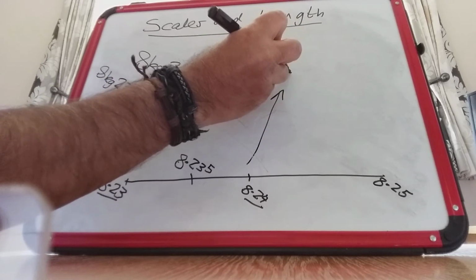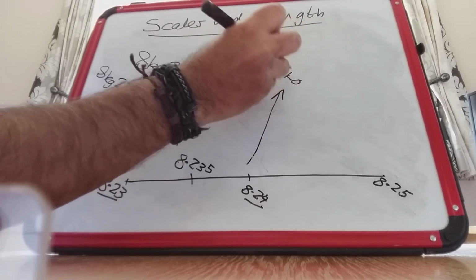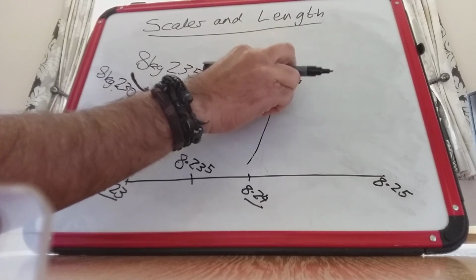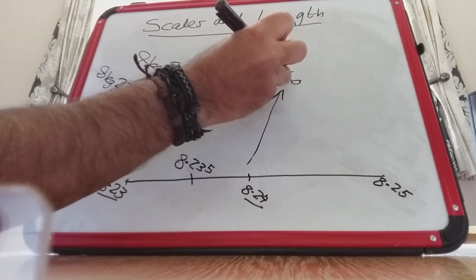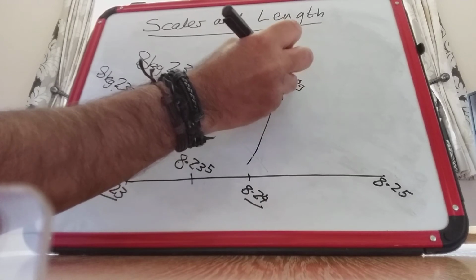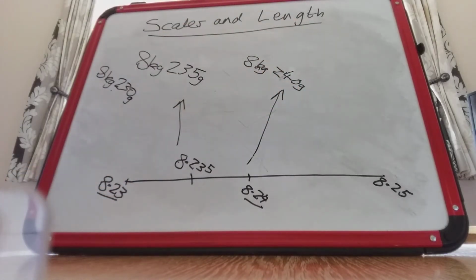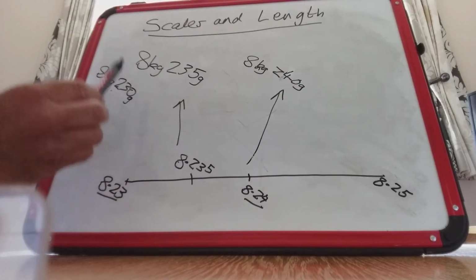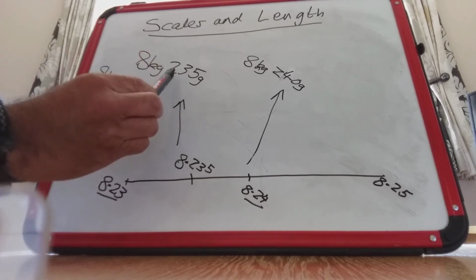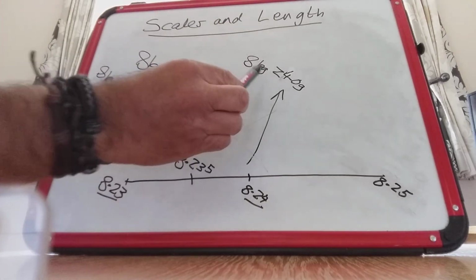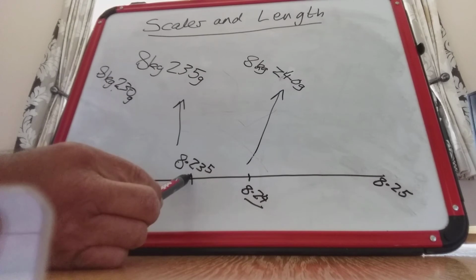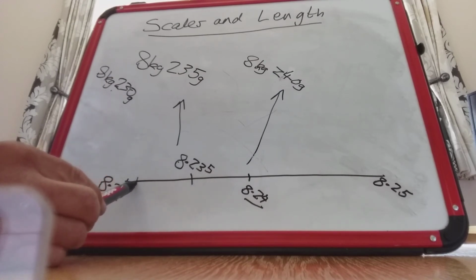I'm getting in the way, aren't I? Let's do this again. So 8 kilograms and 240 grams. Okay, so we've got 230, 235, 240. And once we've got that, then we know that this one is